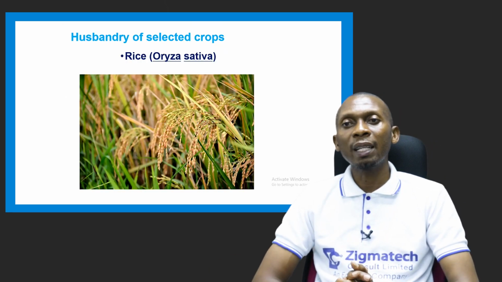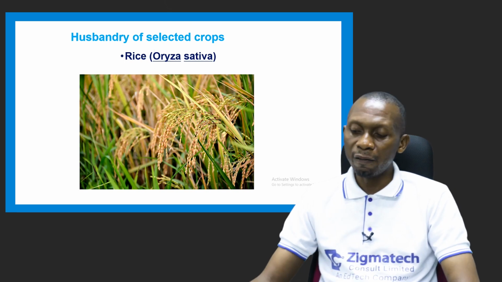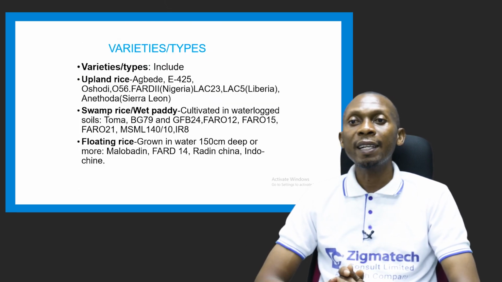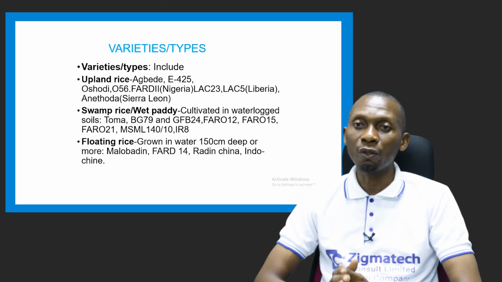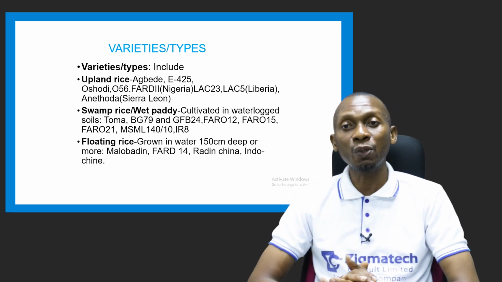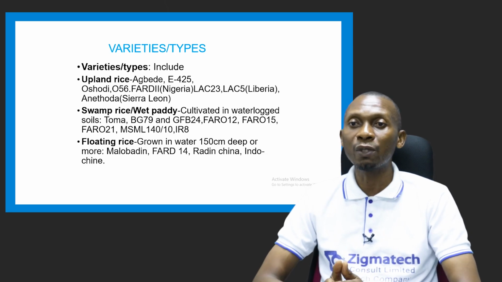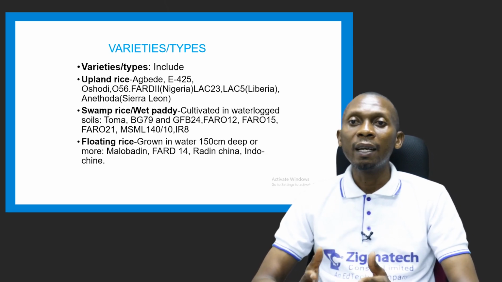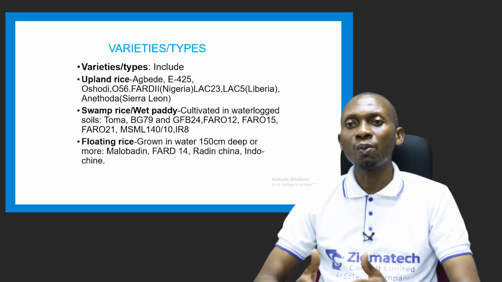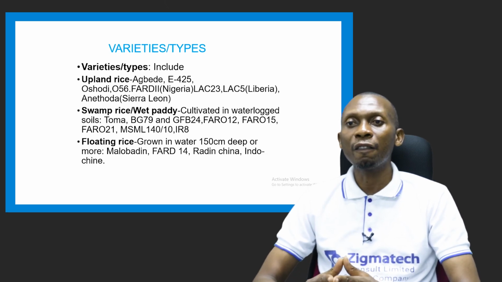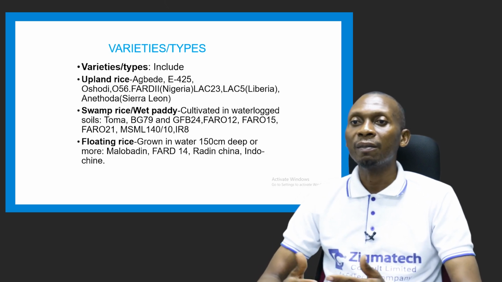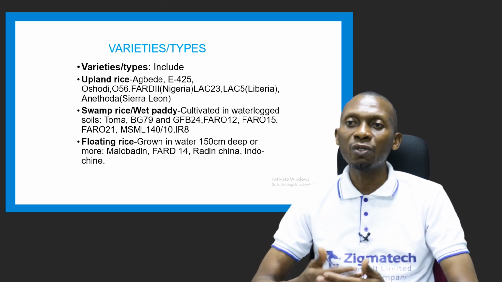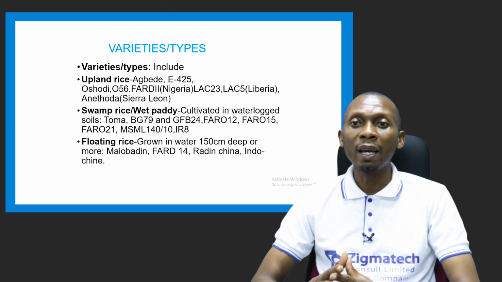The next crop we'll be looking at is rice, Oryza sativa. The varieties of rice include the upland rice and the swamp rice, or the floating rice. But the common ones we know are upland rice and swamp rice, which is also known as wet paddy. For upland rice, we have different varieties: Abede, E425, Oshodi, O56, Fardi, Nigeria, LAC23, LAC5 is for Liberia, and Etoda